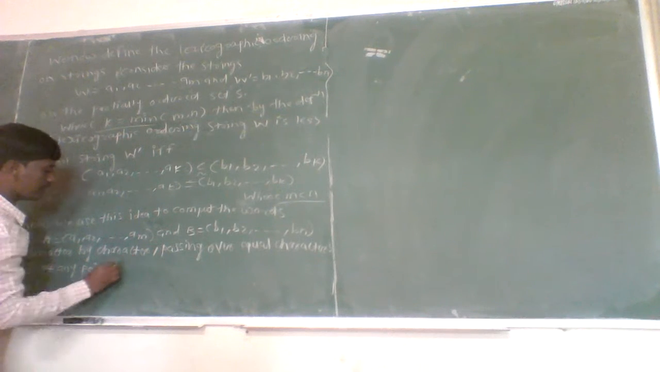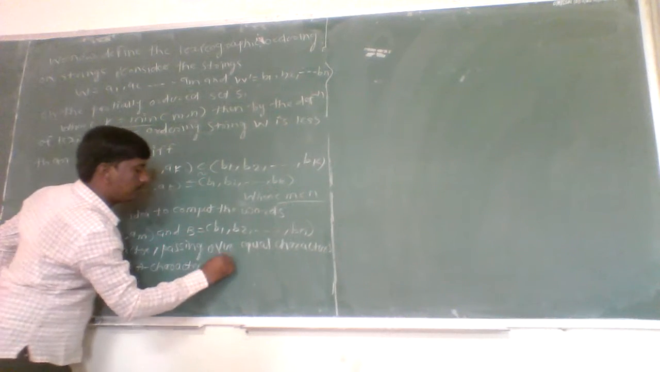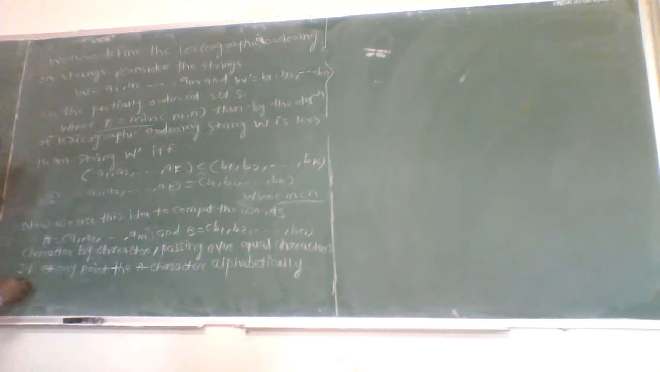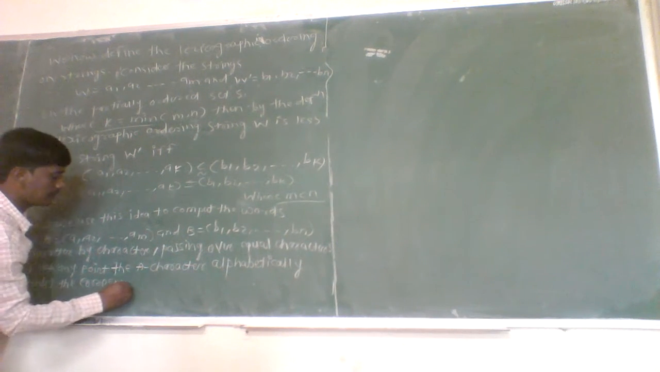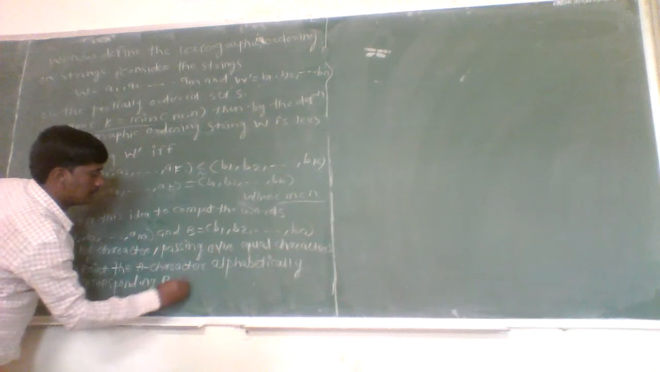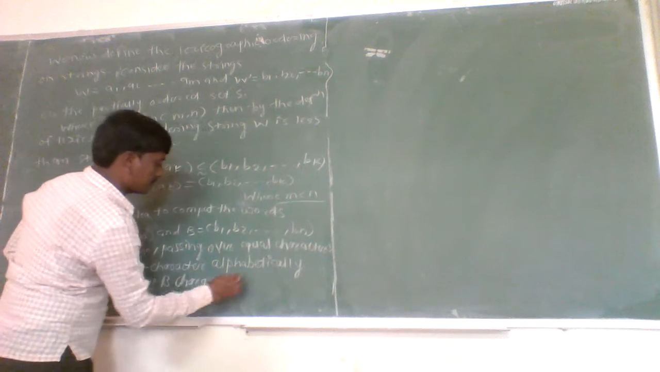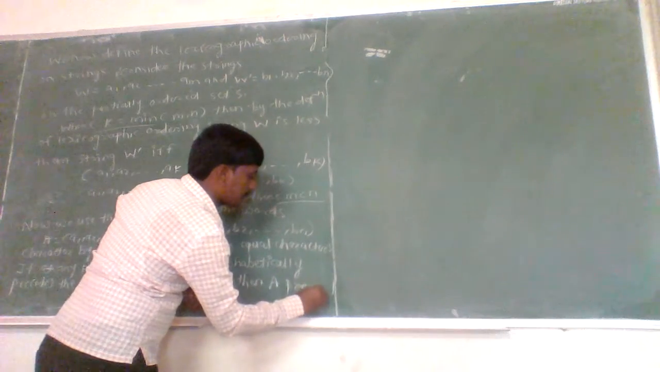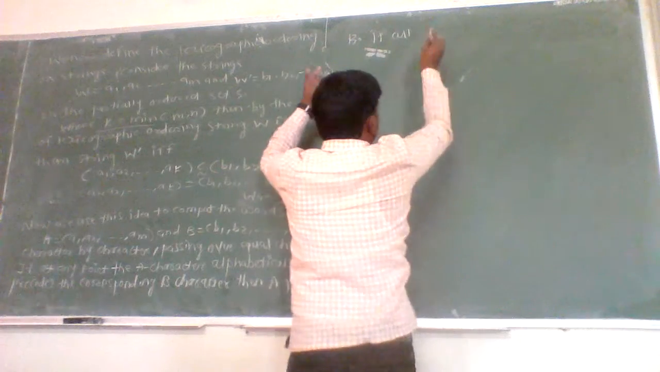Now if at any point the A character alphabetically precedes the corresponding B character, then word A precedes B. Another possibility, if all characters in word A are equal to the corresponding characters in B,